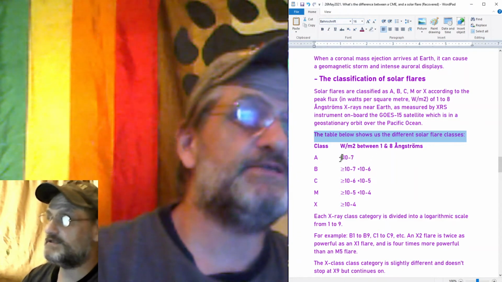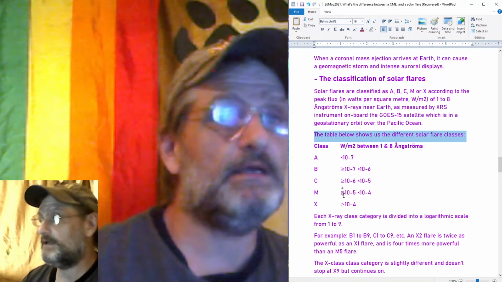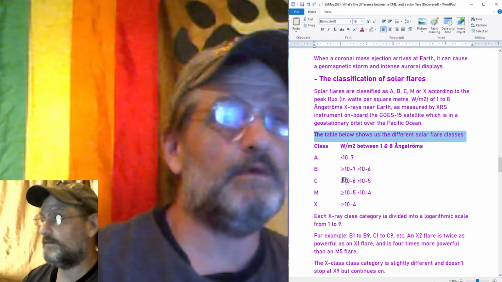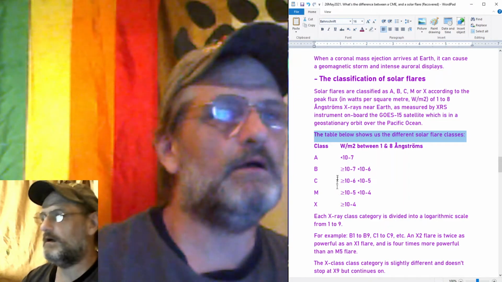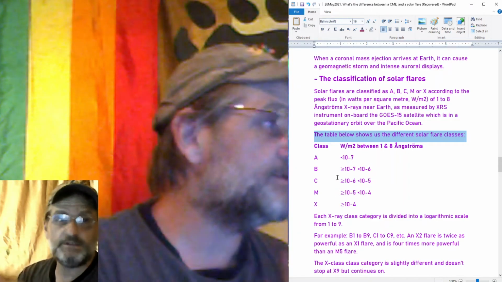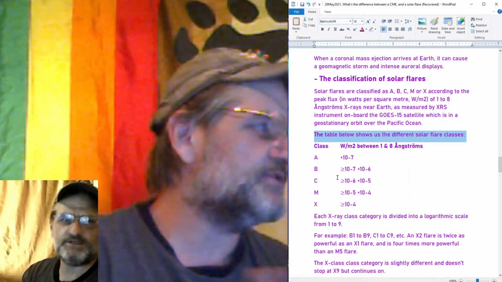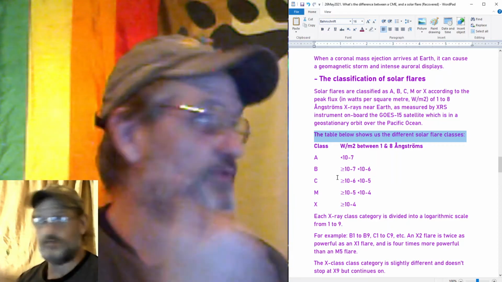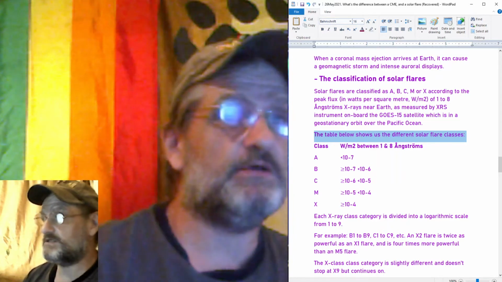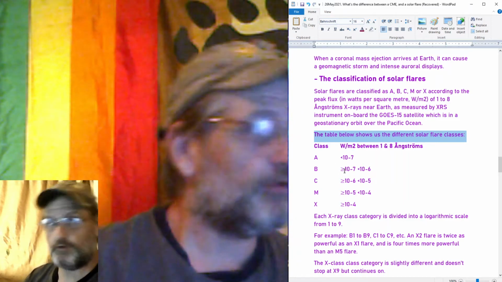This little L-shaped one is less than. The angled bracket facing to your right is greater than. That's how I remembered it when I was in school. The little L was less than, and the other one going the other way is greater than. The little line under it means either equal or greater than.